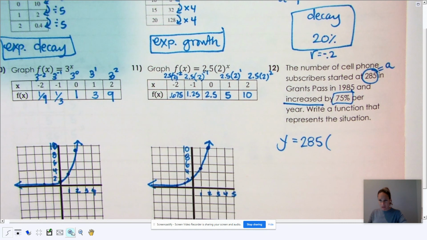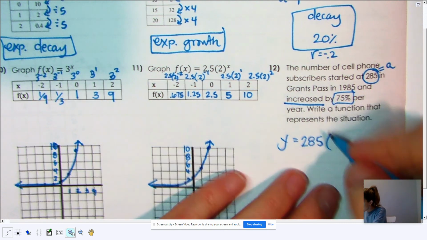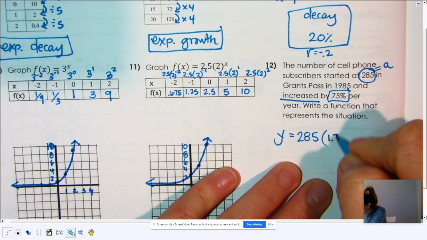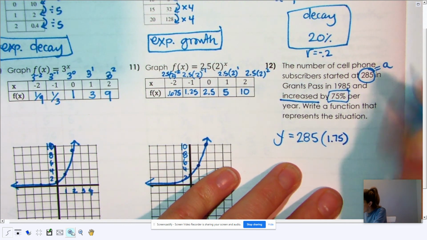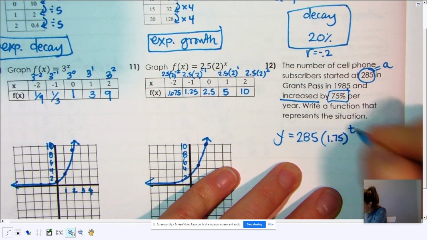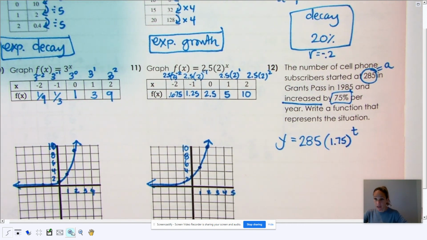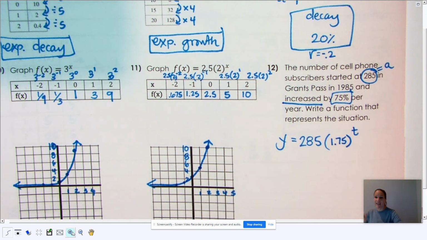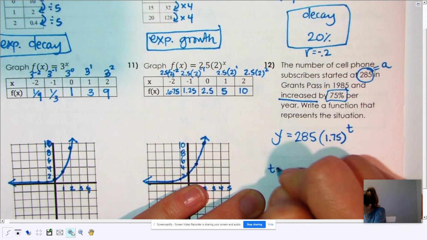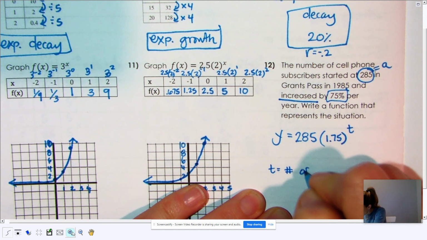But we can't put percents in our equation here. We have to write it as a decimal. So that's going to go in as 1.75. And then I'm going to put it to the t for time, where I could even just use an x for that value, or I could put a y for year. Oh no, I can't put a y because I already used y over here. T for time is pretty common. So, but I want to say that t is the number of years